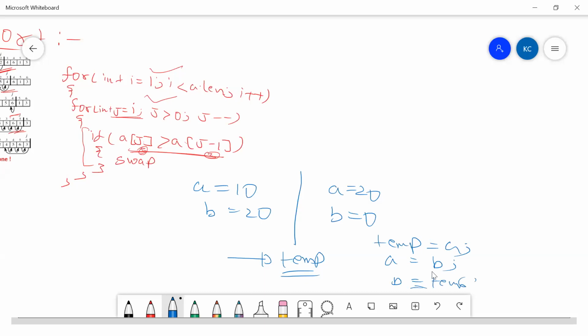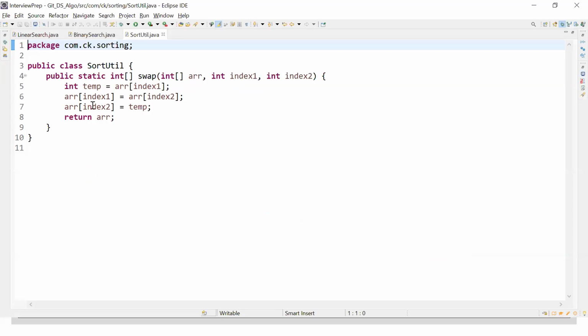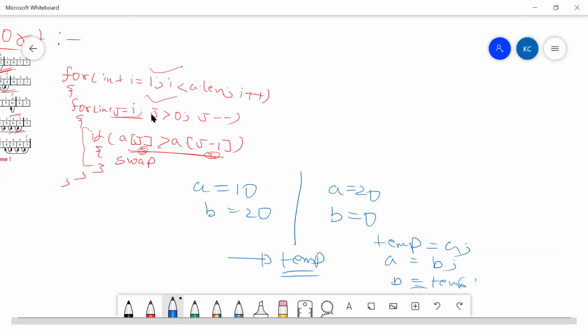If we write these three lines of simple code, what is my temp value after the first step? It would be equal to 10. What is my a value? a is equal to b, and b is equal to 20.